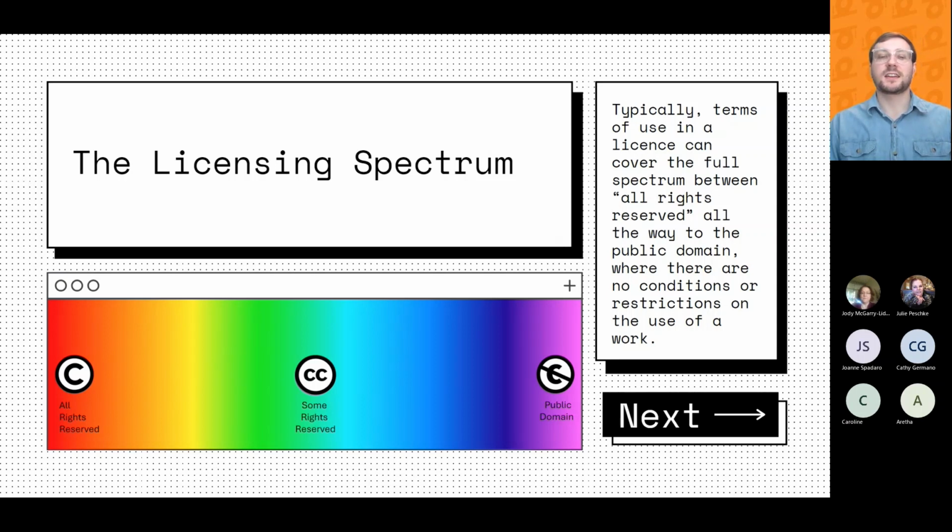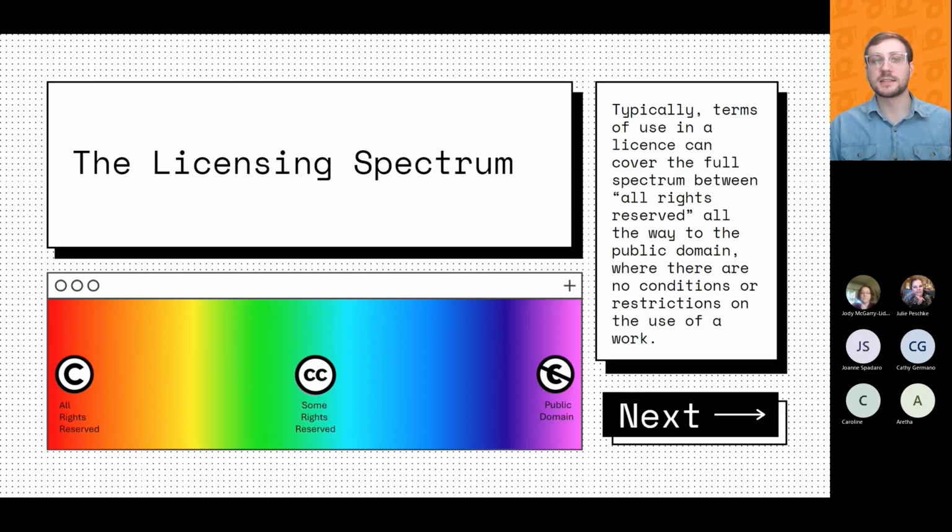And though this term, all rights reserved, might be useful to clarify how we can use a work, it doesn't actually have any legal meaning anymore. Here I use it to represent the most closed license possible.